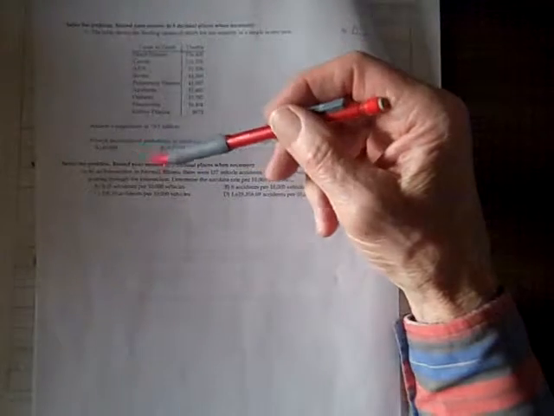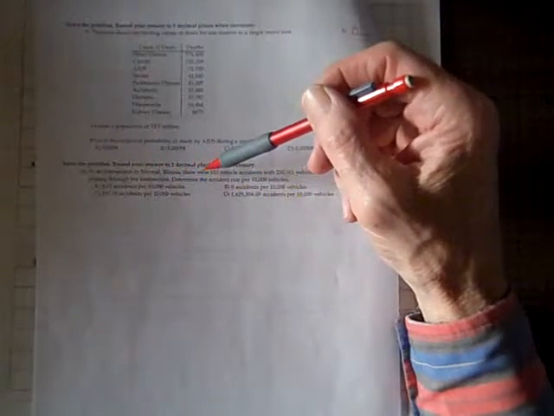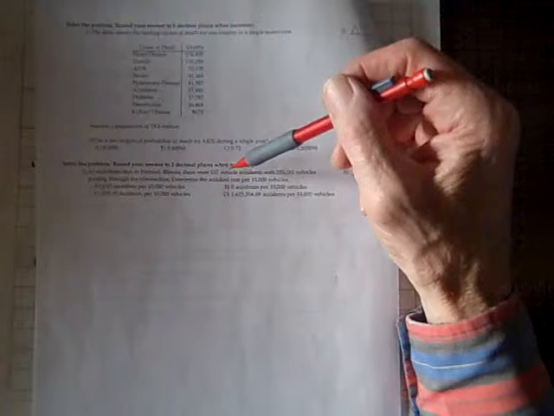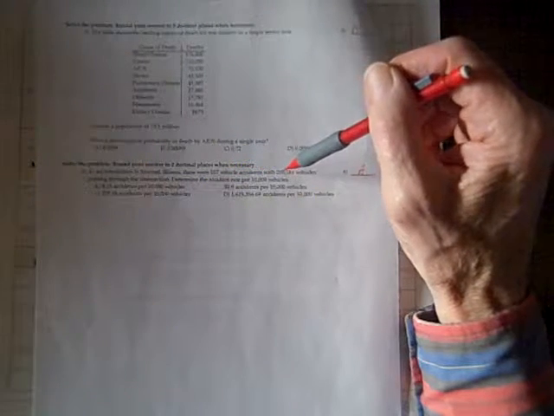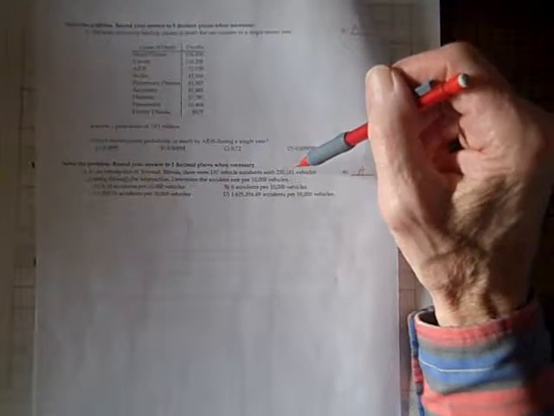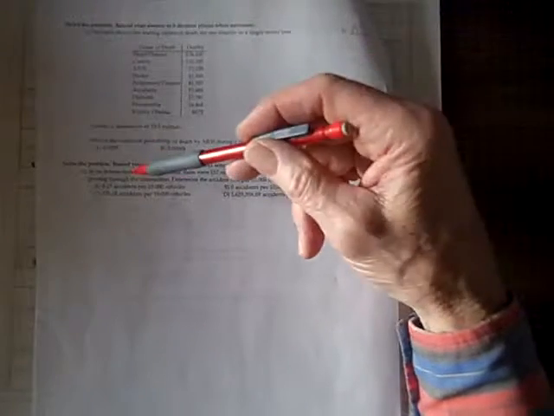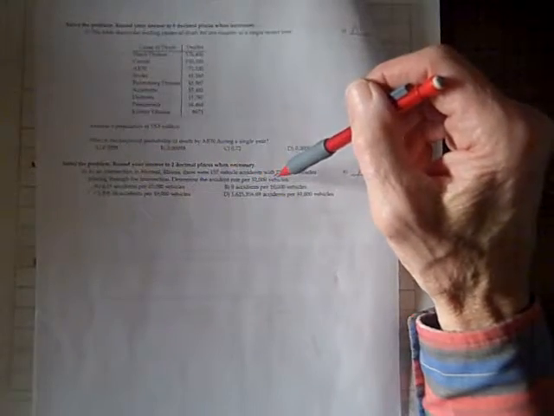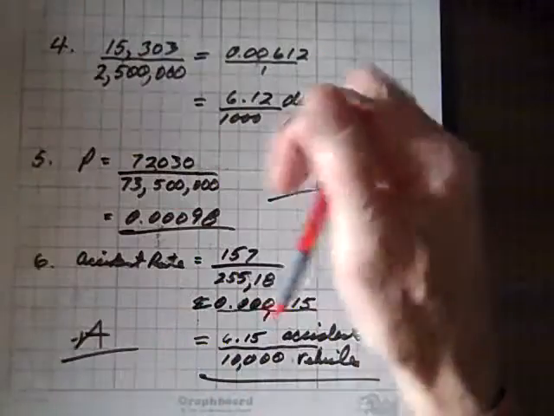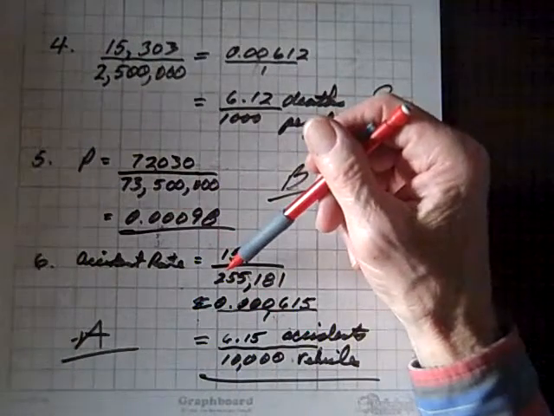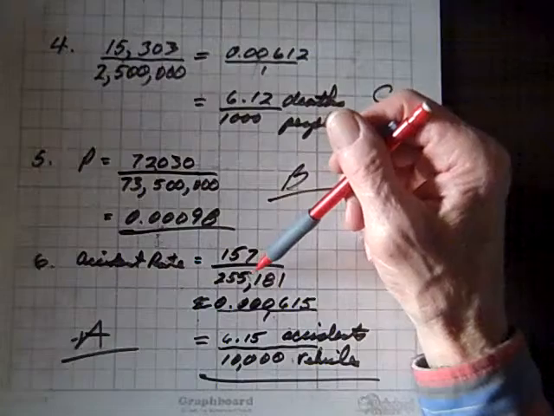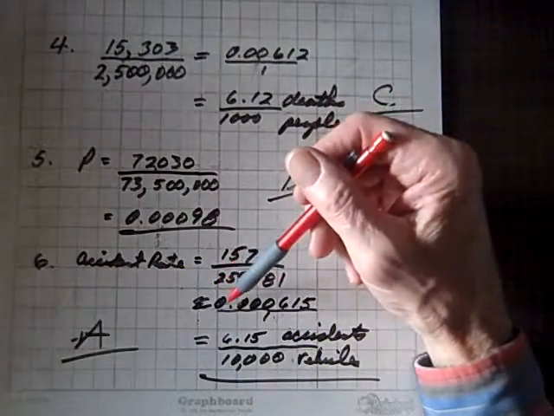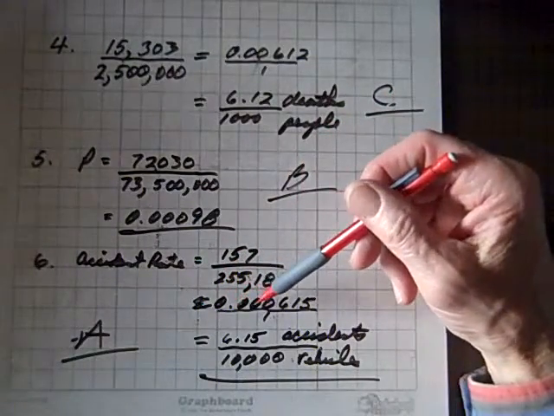Finally, for 6, we have at an intersection in Normal, Illinois, there were 157 vehicle accidents with 255,181 vehicles passing through the intersection. Determine the accident rate per 10,000 vehicles. And when we carry out that quotient of 157 divided by 255,181, we get a decimal of